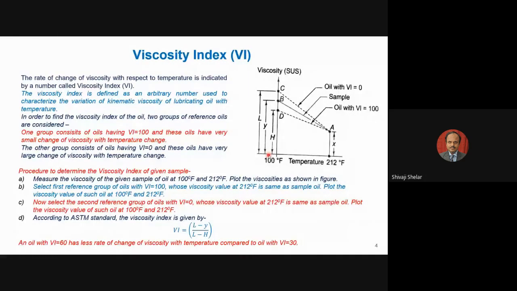So mostly oils with viscosity index in the range from 20 to 30 are used in the lubrication of your engine, gear lubrication, and any moving parts in the automobile. Automobiles can even come down to 15. Some gearboxes use a viscosity index value of 15, but generally it is in the range of 20 to 30. Nobody uses a viscosity index of 60 or 70. Please remember, only in special cases is a viscosity index of 60 or 70 used. If you have understood, let's go to the next slide.